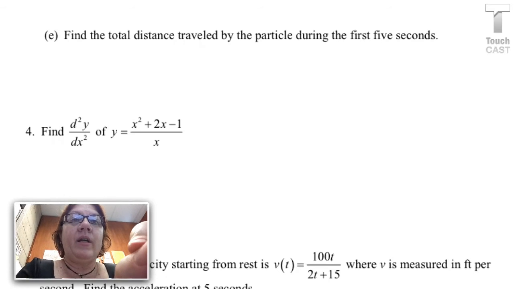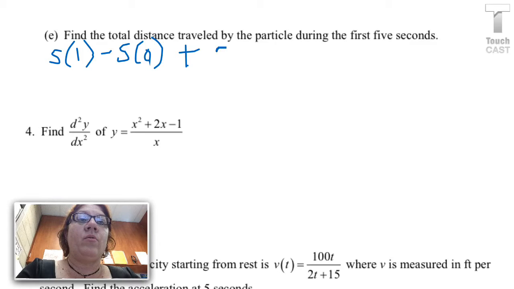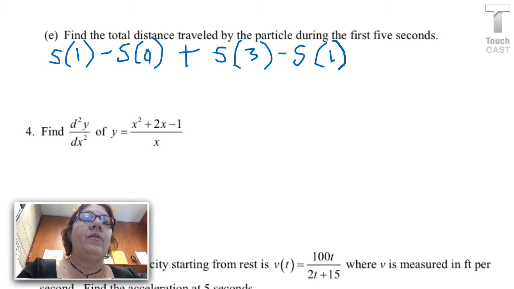So that means I need to find the change in distance or change in position between 0 and 1. So I'm going to start with the later distance and subtract the earlier one. And then I've got to do from 1 to 3. So I'll start with the later one and subtract the earlier one. And then I've got to do the